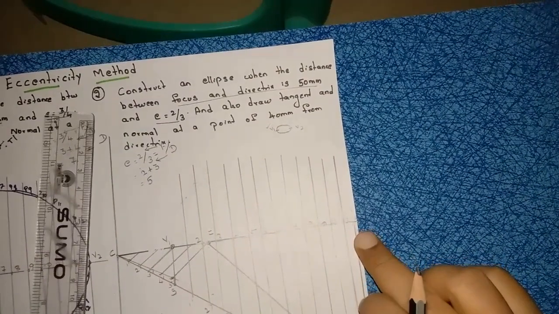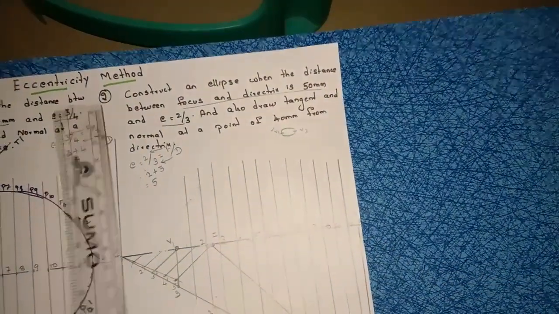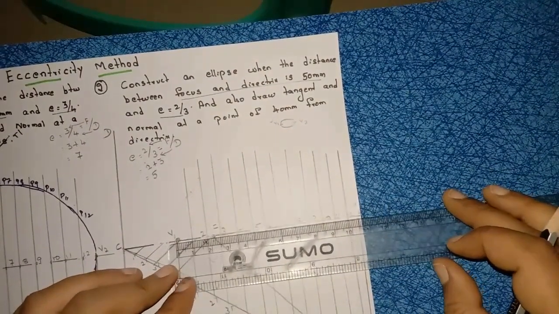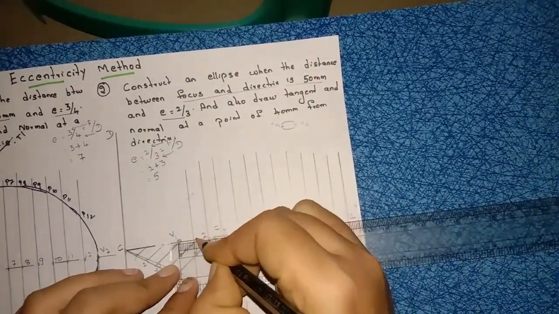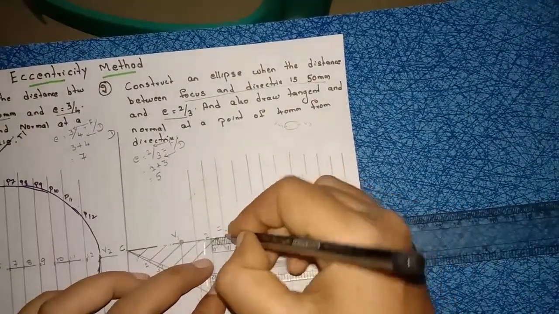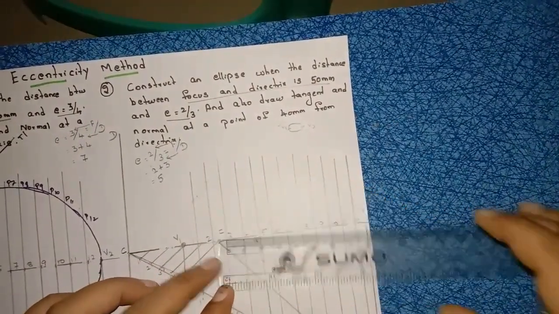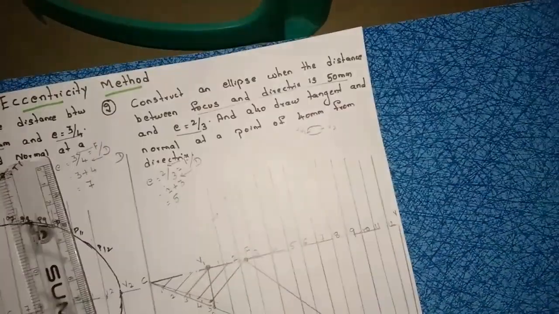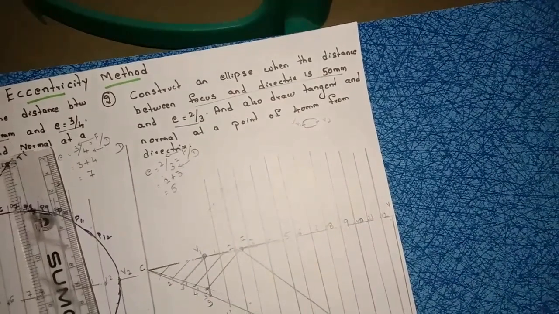So I am dividing 10.5 by 12. So I think each will be 0.8. So simply I am keeping my scale like this, 0.8 first point, again 0.8 second point, again 0.8 third point, 0.8 fourth point. Then next I am drawing the vertical lines. Right? So same method, same process.